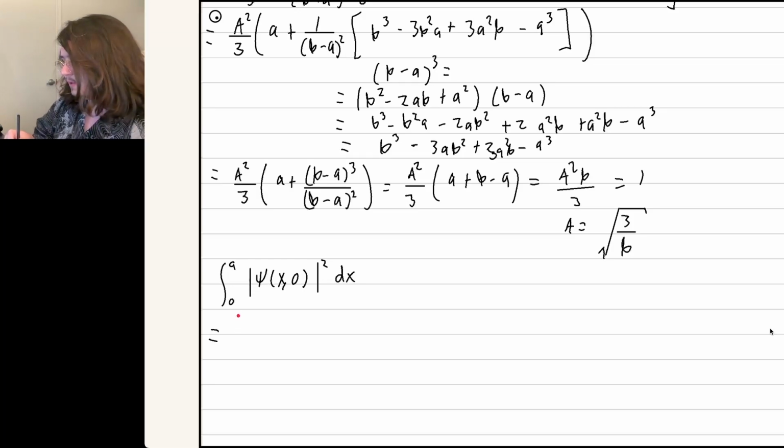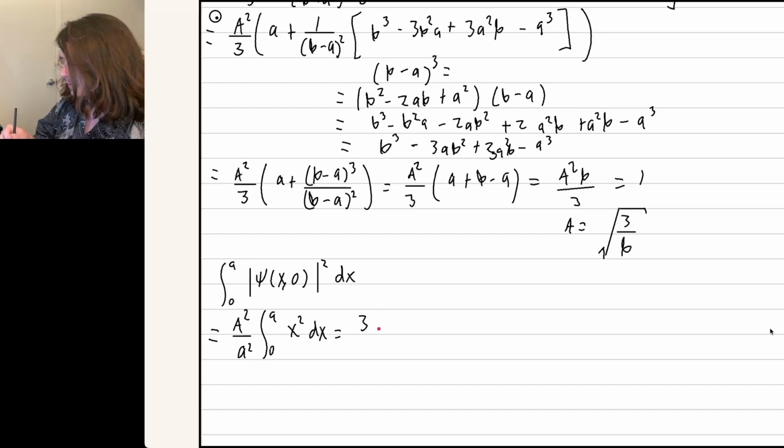So it's A squared over a squared, integral from 0 to a of x squared dx. A we found was root 3 over b, so A squared is just 3 over b, so